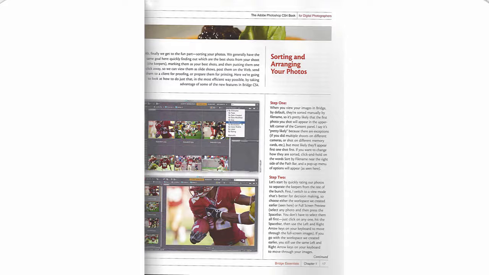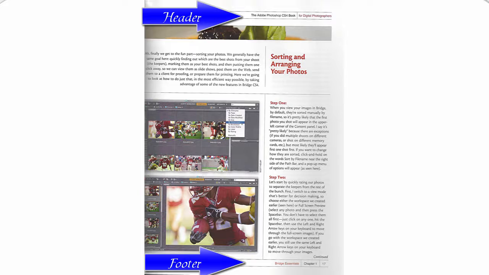Alright, so the next thing we're going to be doing is inserting and modifying page numbers, WD98. Alright, and mine's running just a little bit slow here. But while we're waiting, if you've noticed on books, whether it be your textbooks or standard books, you'll notice that at the bottom and the top that there are,